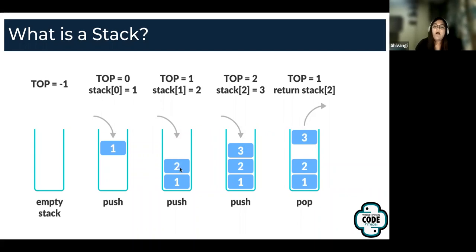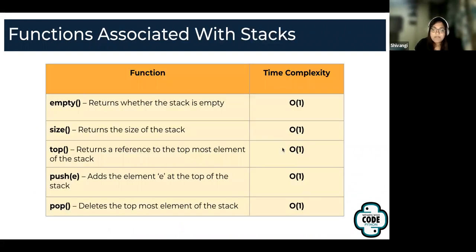The action of adding an element to the stack is called push, and removing things from the stack is called pop, right? And you can see that the insertion of an element and also the removal is happening from the top end. So that's basically what a stack is. Now let's move to the next slide.